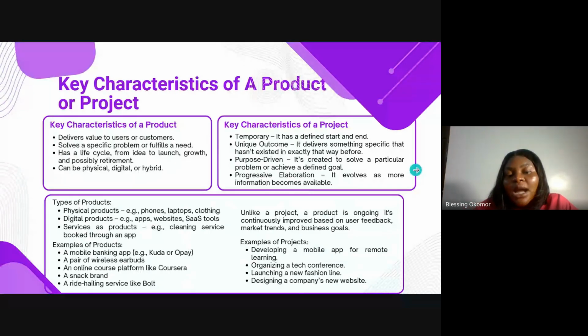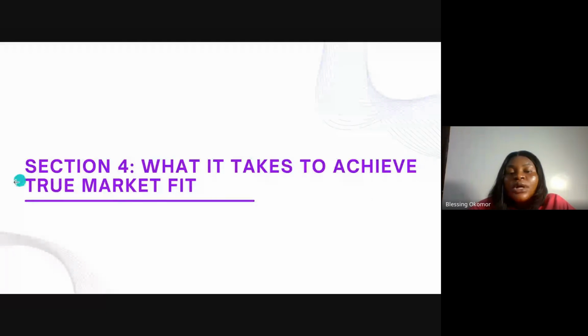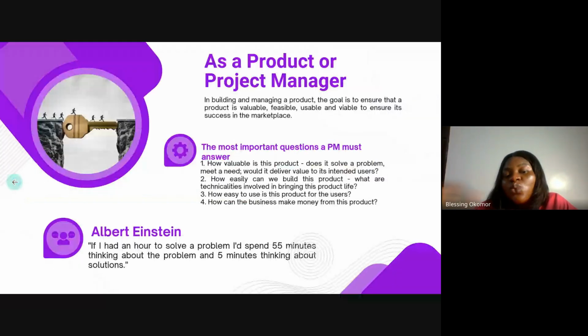So now, before we go into our final session for the day, which is what it takes to achieve true market fit. As a product or project manager, know that in building and managing a product, your goal is to ensure that that product is valuable. Please, if there is anything you don't joke with, please, you can apply.